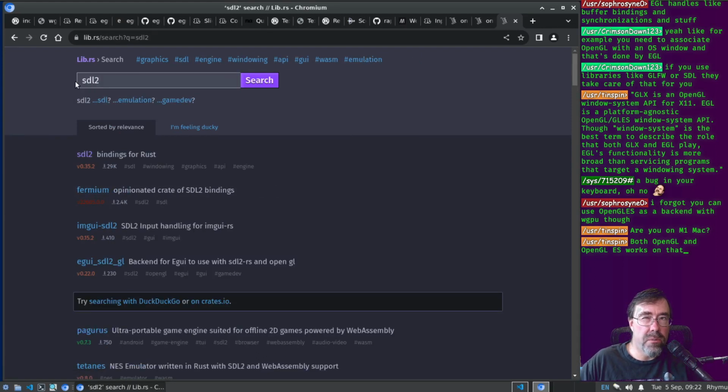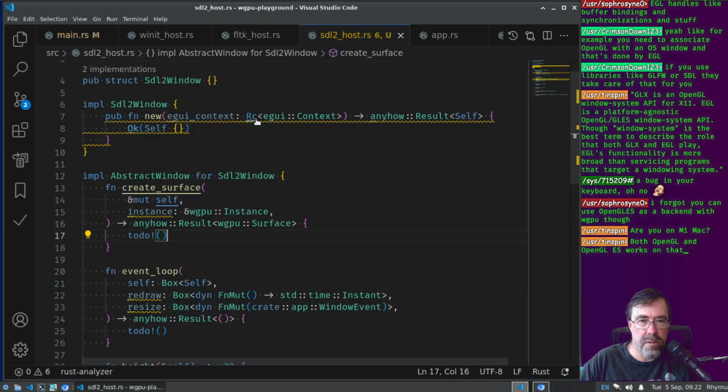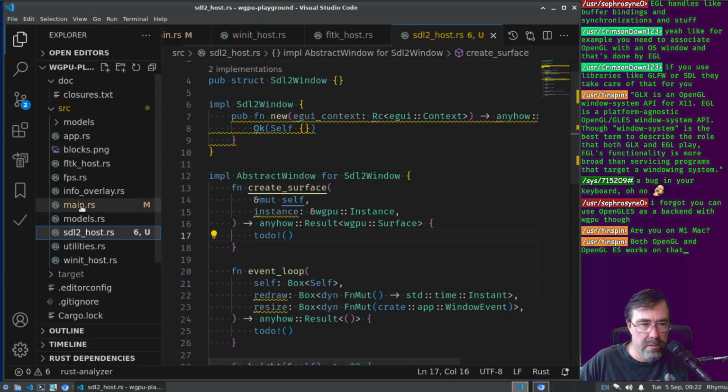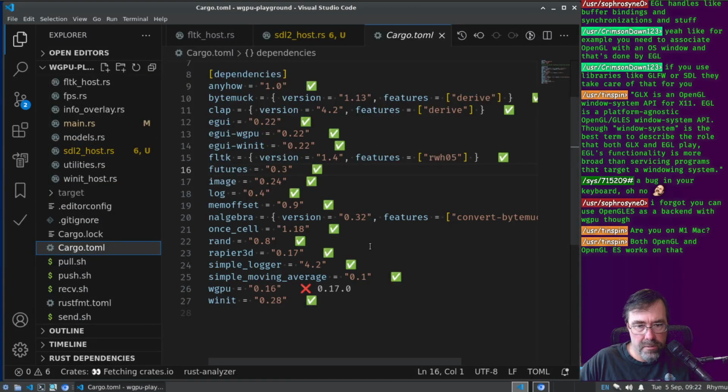All we needed to do was support raw window handle. It was the SDL2 egui one that we're going to need later. Or was it that we were just going to hand integrate like we did with Fulltick? I think it was here that we saw that it implements a raw window handle. Right, so that means if I just add to Cargo.toml SDL,